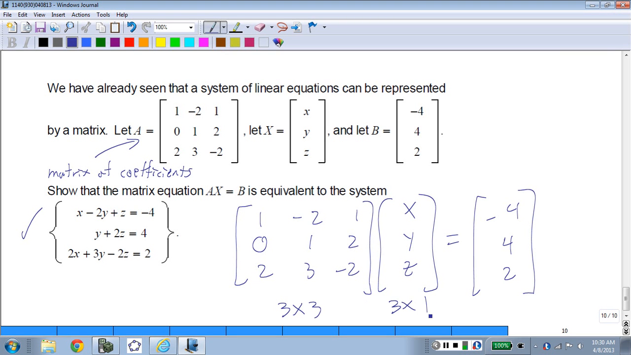Is it okay to multiply a 3 by 3 matrix by a 3 by 1 matrix? That's okay, because the 3's in the middle match. What will the order of the product matrix be if I do that? 3 by 1. So far, so good. That's what we're saying. Why does it mean the same thing as this? Well,